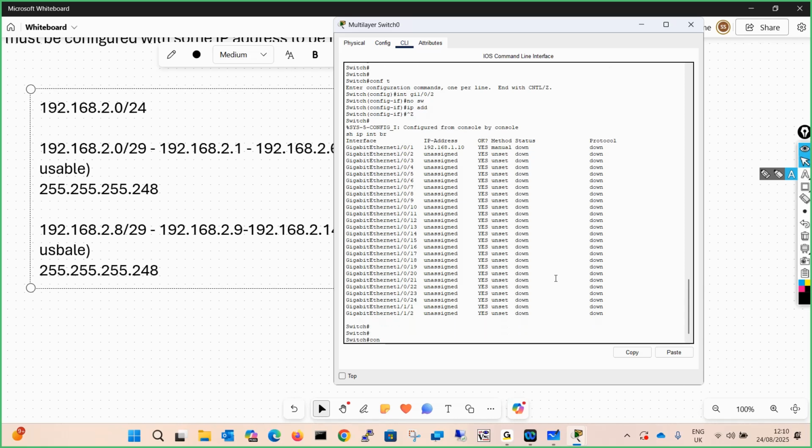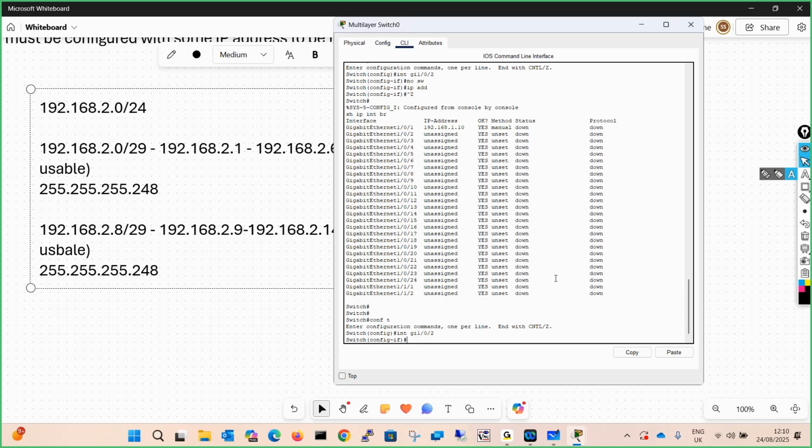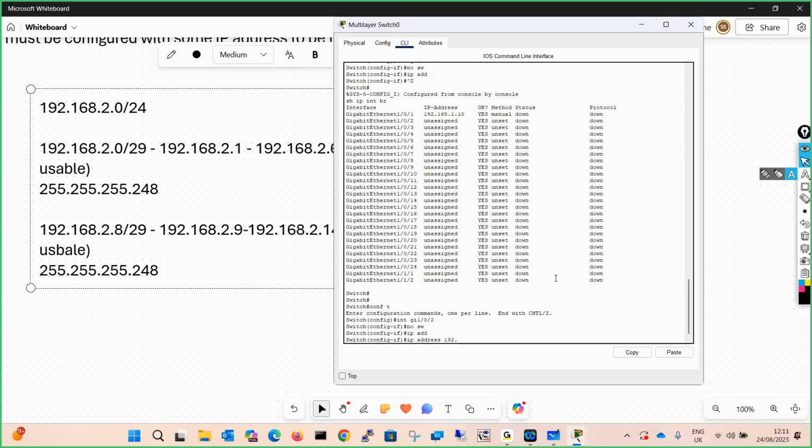So I will say configure terminal. I will go to interface GI1/0/2. It is not a switchport, so no switchport, and I will configure the IP address 192.168.2.1. The subnet is 255.255.255.248. Enter.